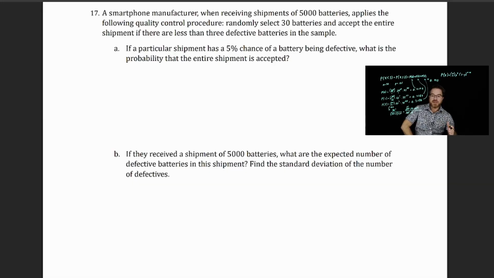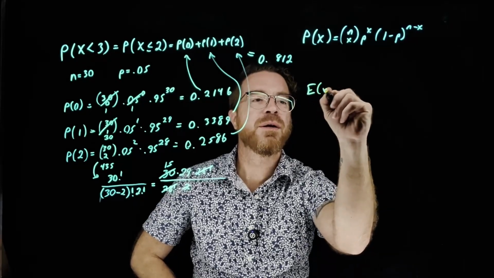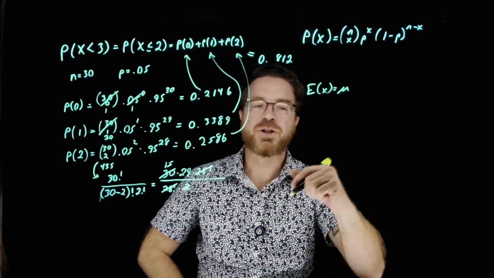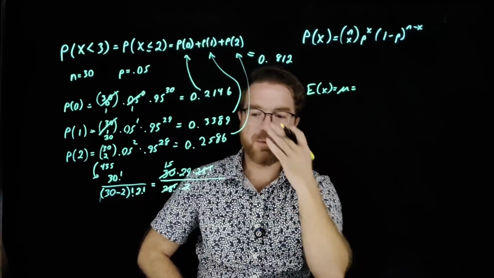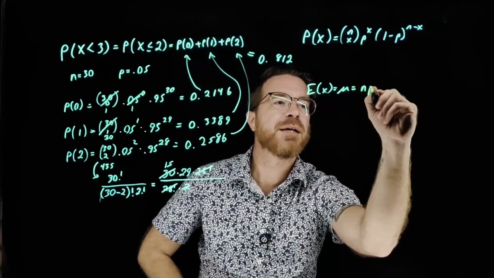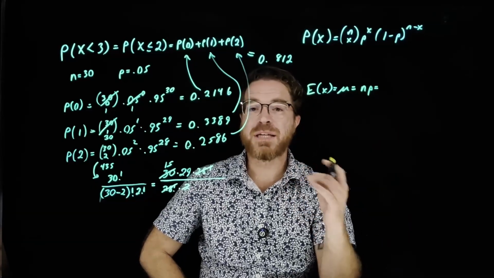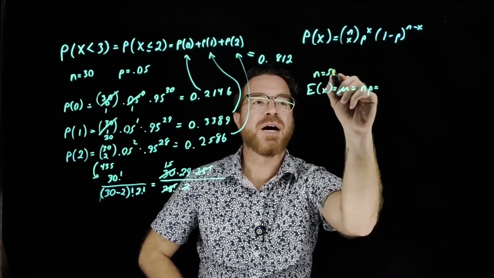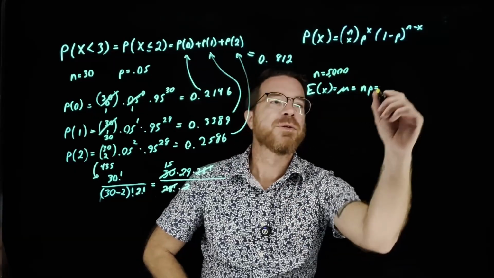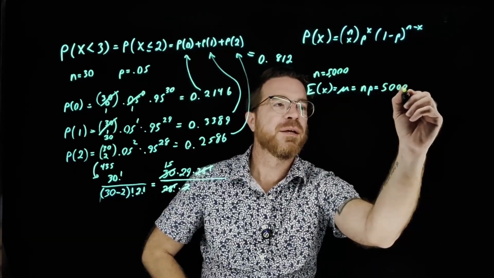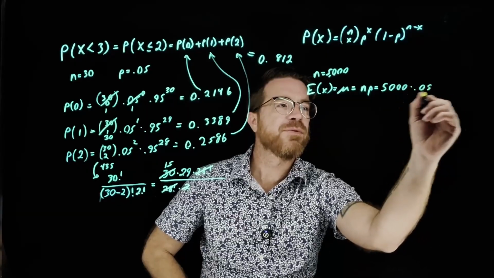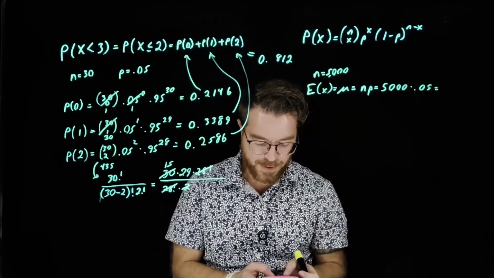If they receive a shipment of 5,000 batteries, what is the expected number of defective batteries in the shipment? And then we want to find the standard deviation of the number of defectives. Because this is a binomial probability problem, we know that the expected value, which is just the average number of defectives you would expect on any given shipment, is going to be N times P. The fact is we're now accepting N equals 5,000 total batteries. So this is going to be 5,000 times 0.05, which is going to be equal to